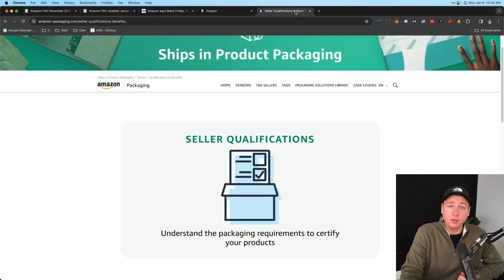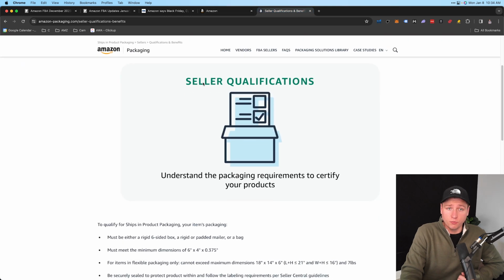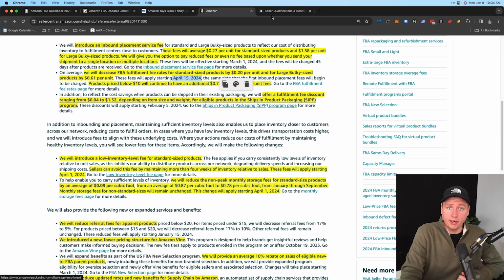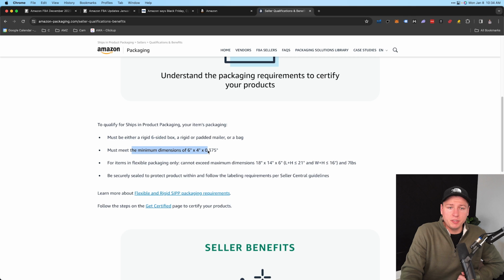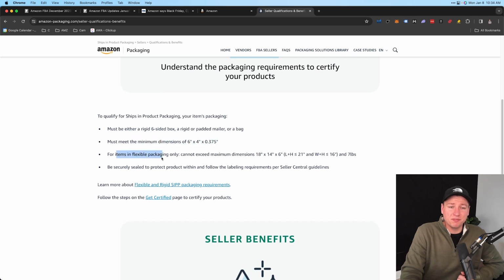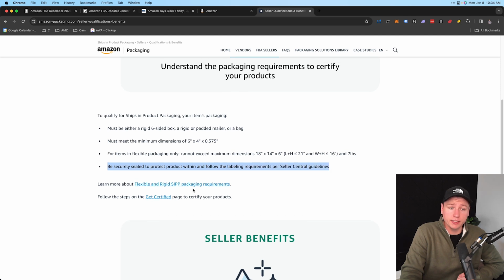Okay. So you have to apply for this essentially. So what you do, just click this link right down here. That's what it looks like. To qualify for ships in product packaging, your item's packaging must be a rigid 6-sided box, a rigid or padded mailer, or a bag. Meet minimum dimensions here. For items in flexible packaging, so things that are not in rigid boxes, this is the max dimensions they could be in with weight. Be securely sealed, protect product within, following the label requirements per Seller Central guidelines, and get